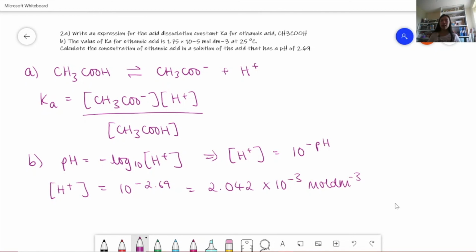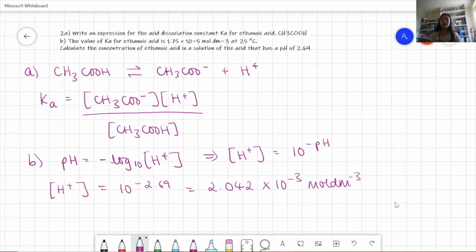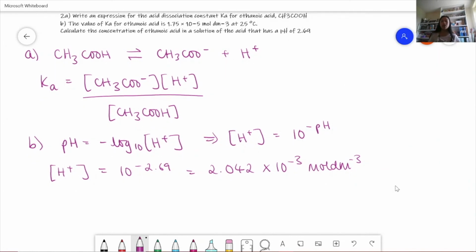And so what we do now is we think about the Ka. So we've got this formula for the Ka, which is the concentration of CH3COO minus multiplied by the concentration of H plus over the concentration of the ethanoic acid. And the thing to remember is that because it's a weak acid, we assume that the concentration of H plus and the concentration of CH3COO minus are the same. And so we get Ka is equal to the concentration of H plus squared over the concentration of